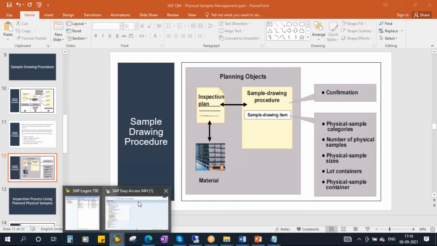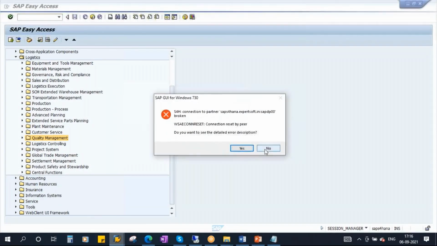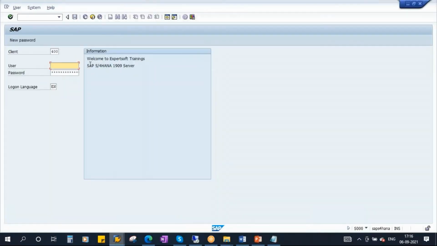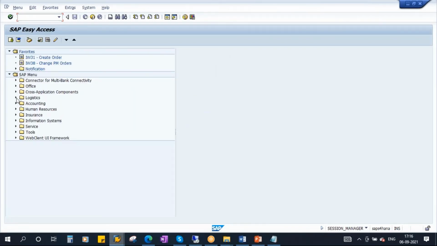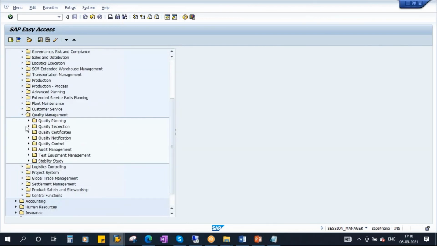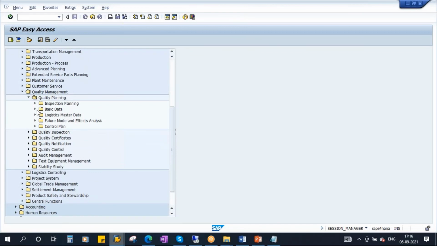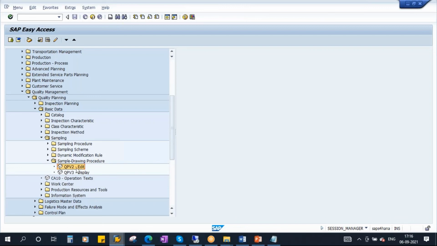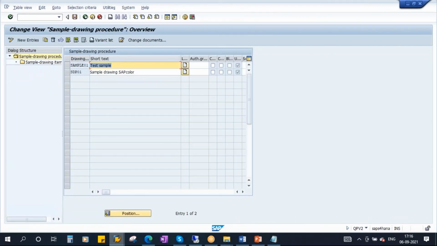Let's go to the system. Go to Logistics, go to Quality Management, go to Quality Planning, go to Basic Data. Here you have Sampling. Open this. Here you have Sample Drawing Procedure. Open this. Here QPV2. Double click. Here you already have some sample